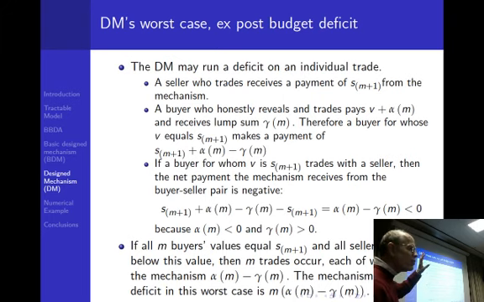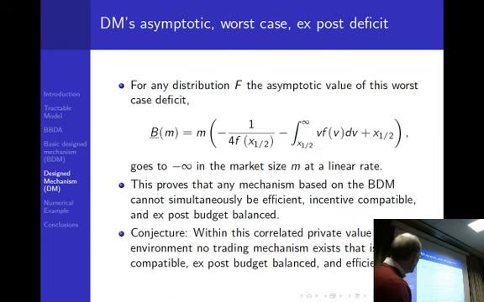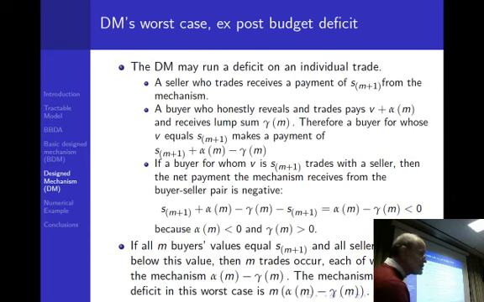So think of a pair that are going to be matched, Jason and Lance. Lance is a buyer. Jason is a seller. So Jason always gets S_{m+1} from the mechanism. Now, a buyer who honestly reveals and trades pays his valuation minus that alpha,